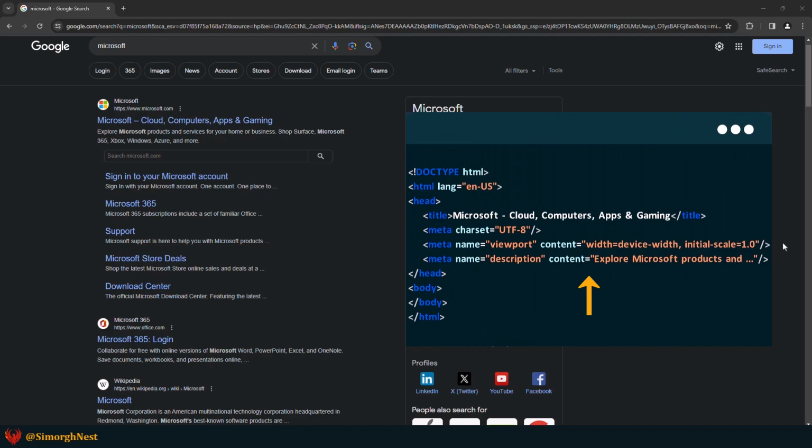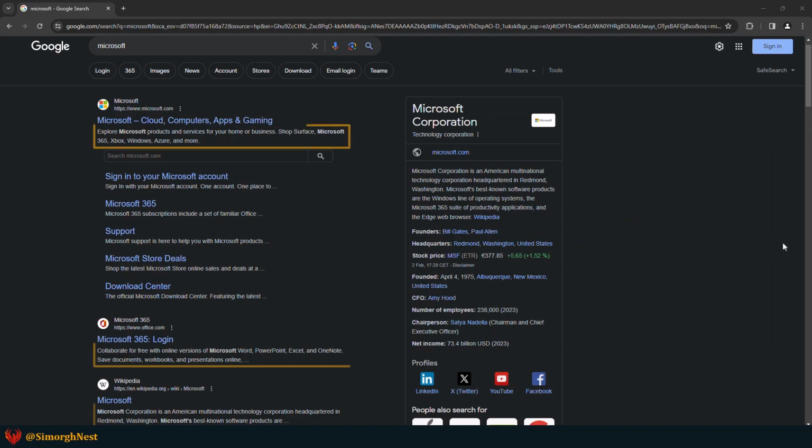A meta description is a small piece of information about our webpage that is placed in the head element. As you can see, a meta description shows up below the title on the search engine results page. So it's crucial to write a descriptive meta description that entices users to click on our page. Additionally, meta descriptions not only help users understand what our page covers, but also assist search engines in better understanding